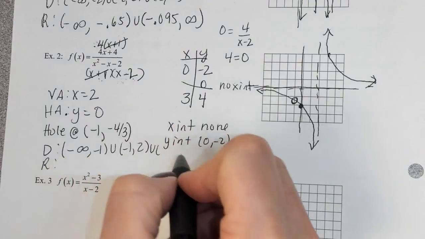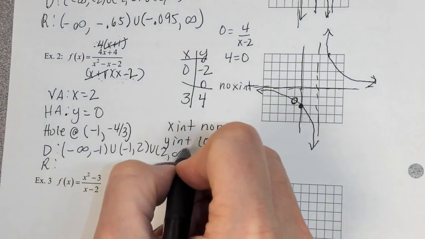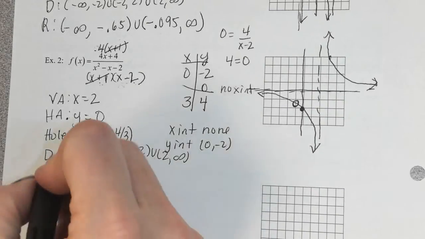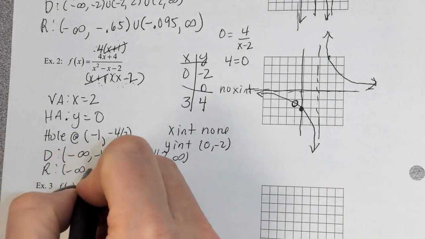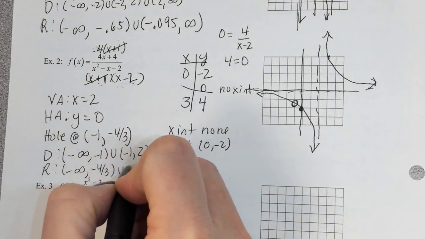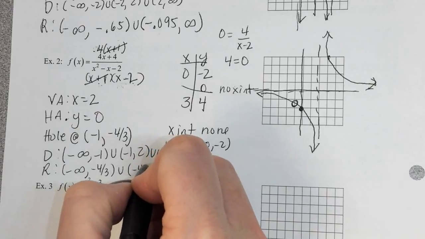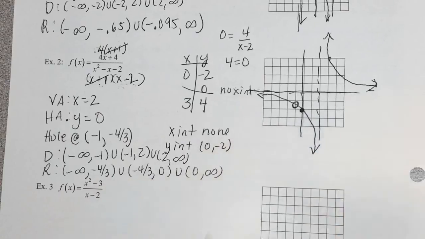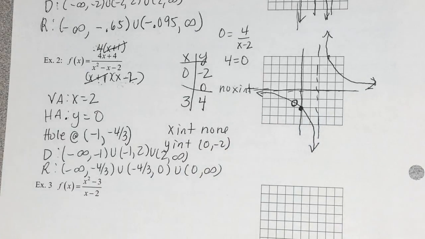Good. Awesome. Good job. Okay, what about the range? Who's got the range? Natalia? -infinity to -4/3, and then union -4/3 to 0, and union 0. Awesome. All right, guys. Excellent work. So you can see this is a lot more challenging than what we've been doing, isn't it? But that's all right. It's good to have